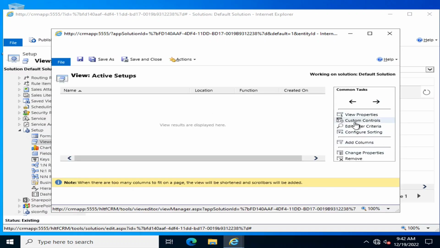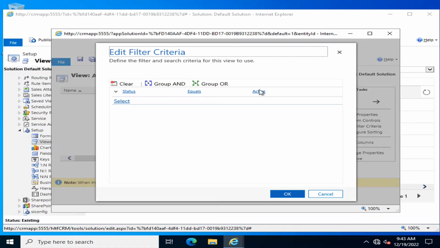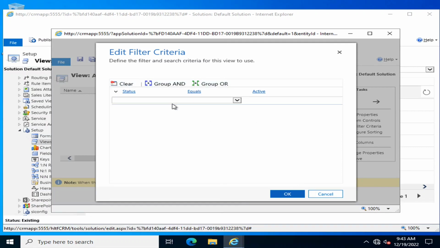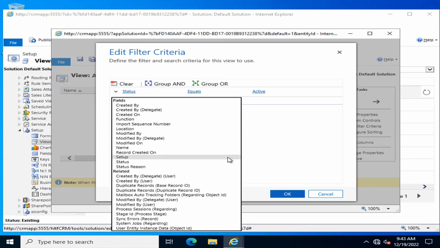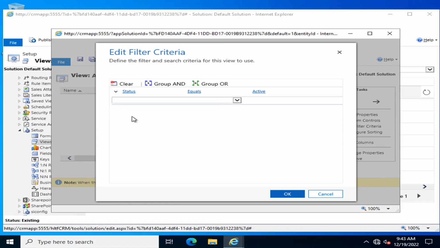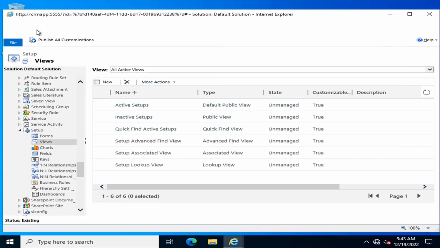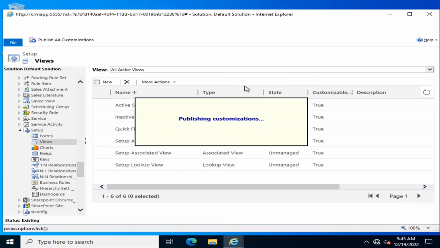And after that there are other fields as well. There may be some filter criteria, you may define some filter criteria. You can say that if something, you may define that the status equals active, or you may define some other criteria to show the fields in that particular view. So we will talk about views in detail in our upcoming videos. There's a lot to tell you about CRM editing and configuration. So I'm going to click on publish all customizations, because I have just added the view portion of